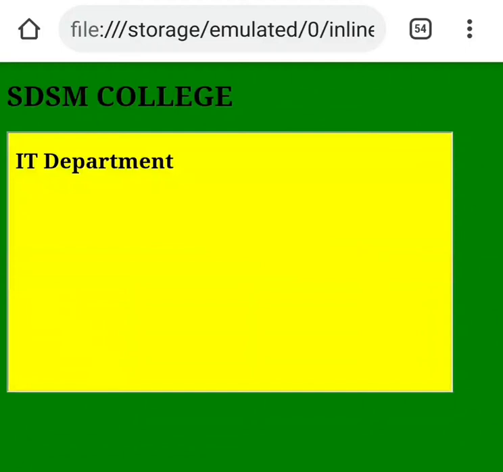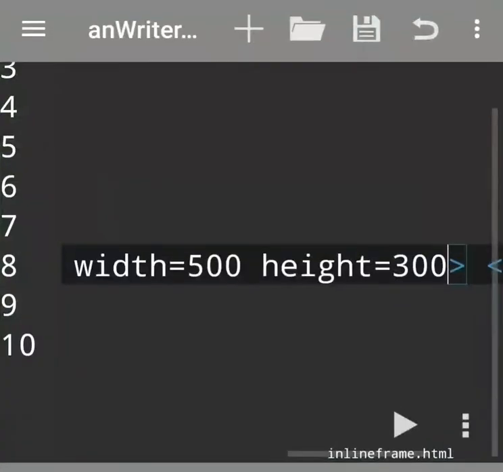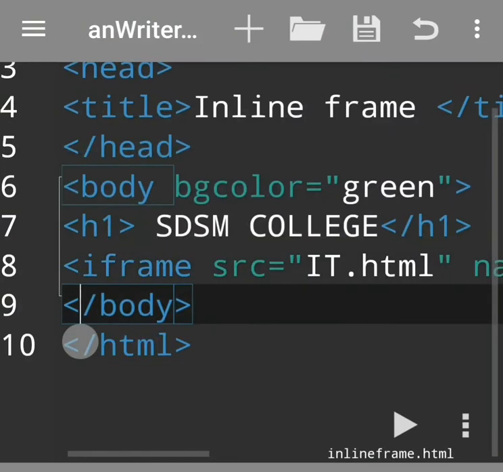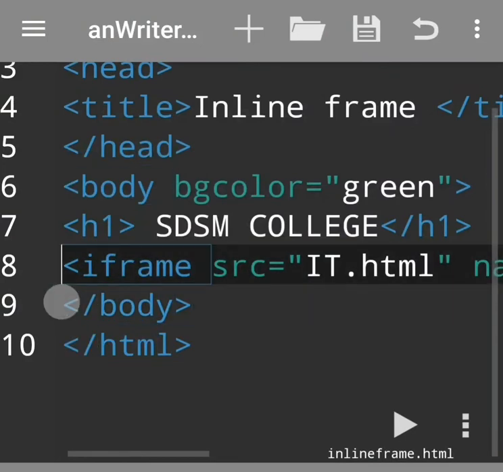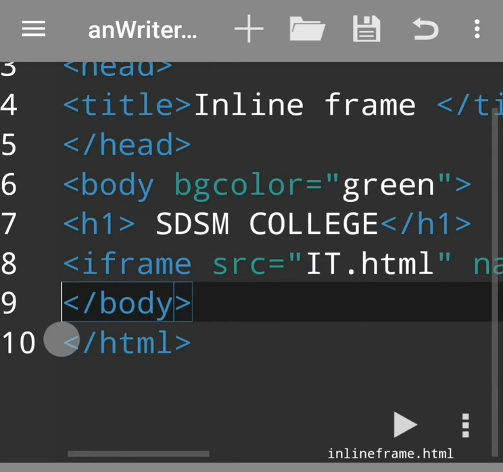Now in this web page I want to insert another inline frame. To display a sentence in another inline frame without developing a new web page, here we shall use an attribute of the iframe tag, that is srcdoc. The srcdoc attribute specifies HTML content to show in the inline frame. So move back to the source code. So in the source code, after the first inline frame we are going to insert another inline frame.